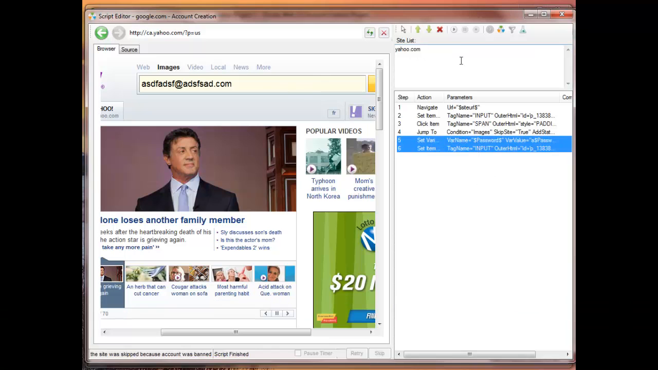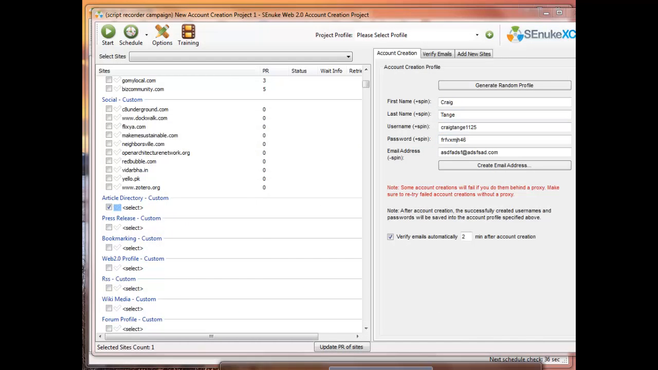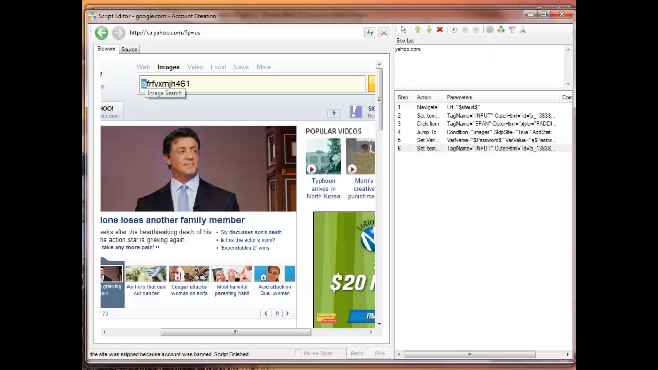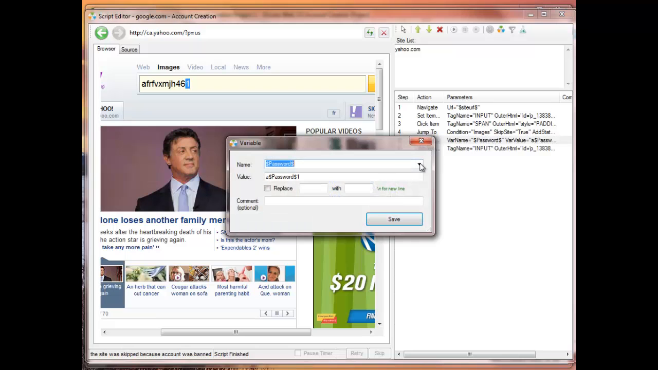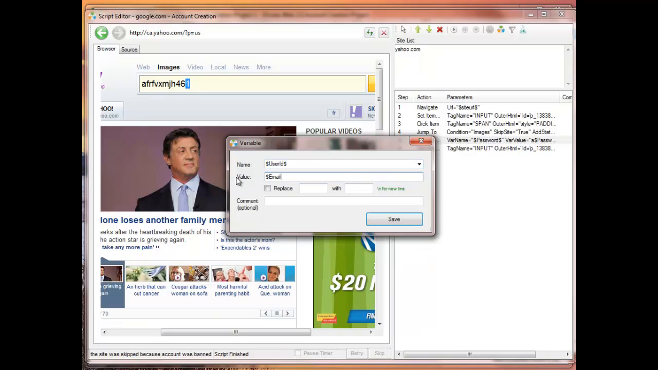the password. Now let's run these 2 steps, and we can see that over here the password was FRFV, and it ended with the numbers 4, 6, but now there's an A at the beginning and a 1 at the end. So this goes for all the text boxes in the script editor, you can combine multiple variables and spin syntax and anything you'd like. But like I said, the most common use for this is going to be setting the user ID to the email address, so that when SENuke saves that account for that website, it saves the email instead of the user